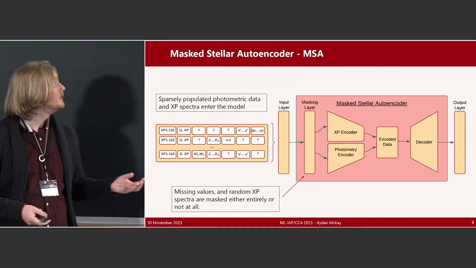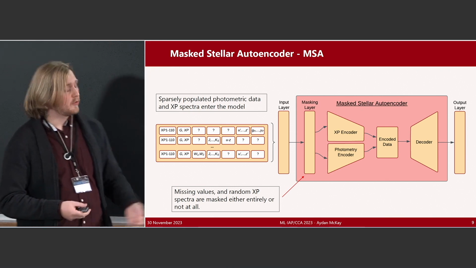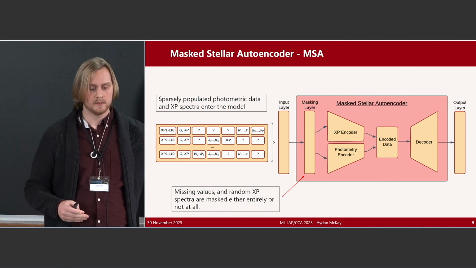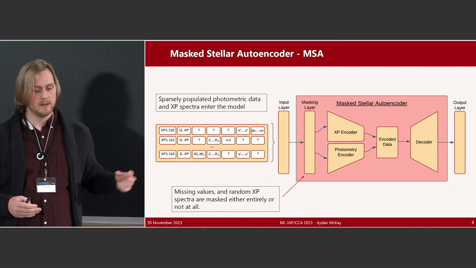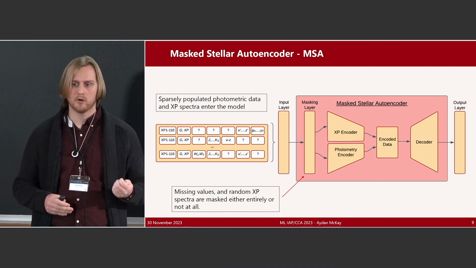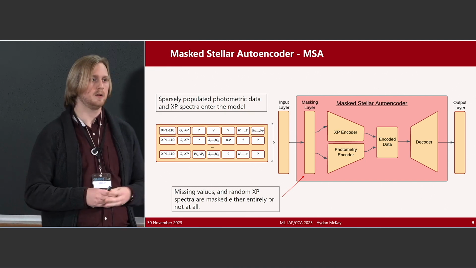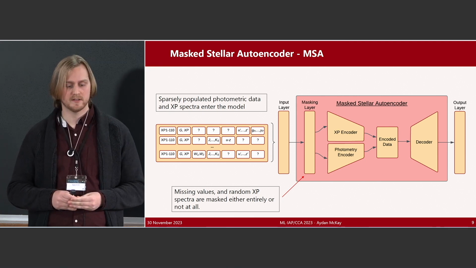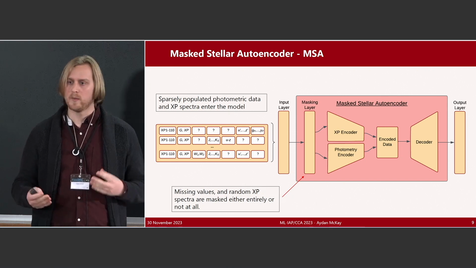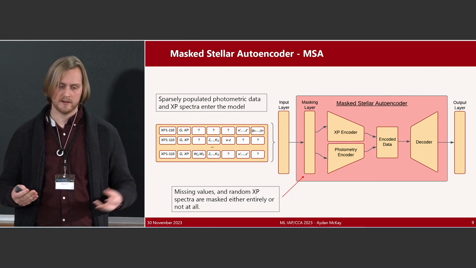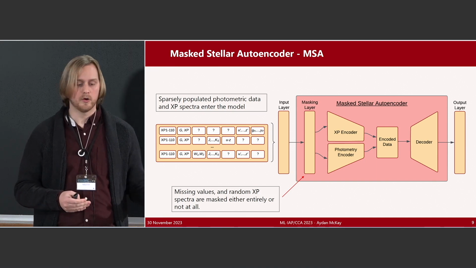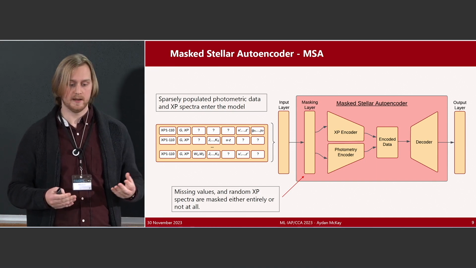And so this brings us to the algorithm that I've developed, the masked stellar autoencoder, where we pass in sparsely populated photometric data, and it becomes masked where it doesn't exist. This architecture copies more the SimMIM and MAE architectures for self-supervised learning, as it's a bit difficult to define how we would augment the data if it's tabular data and these coefficients, as well as the fact that these masked autoencoder algorithms are a lot better for missing data.